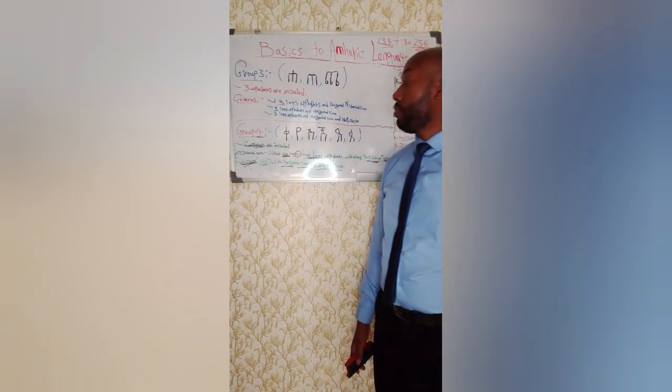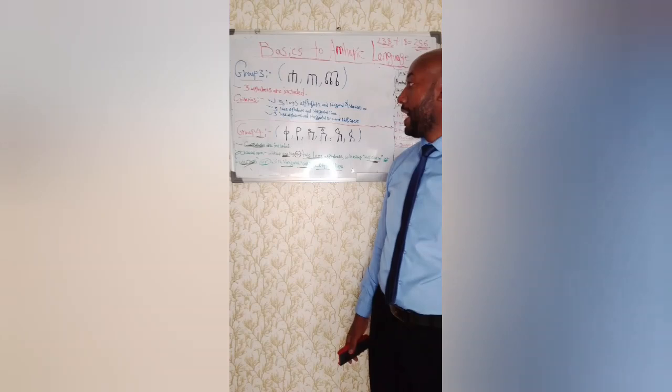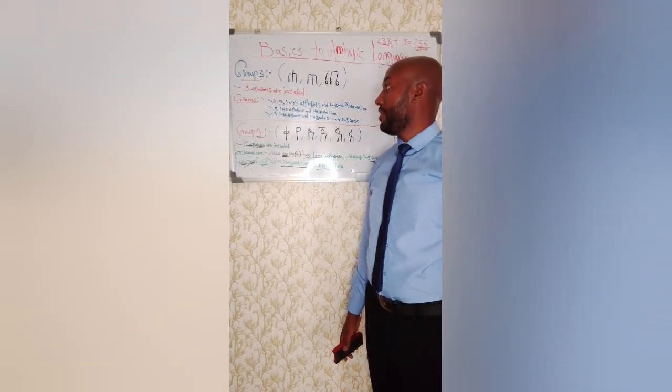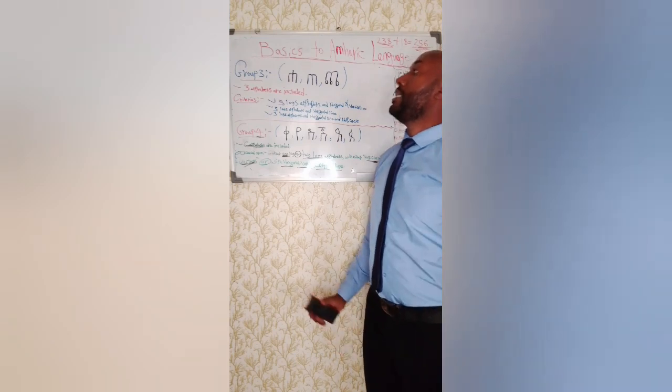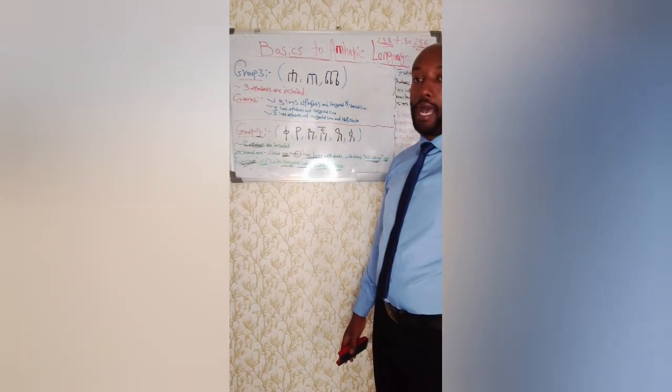Okay, the next one is group 3, and under group 3 there are 3 alphabets. 3 alphabets are included from the 34 basic Amharic alphabets. 3 alphabets are included under group 3, and the criteria to be included under group 3 are the alphabets need